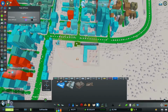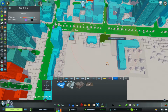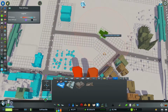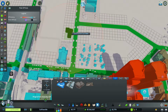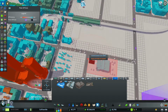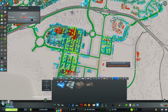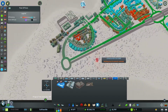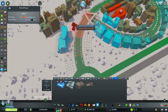And let's go and get a post office in here as well. We can, I think, pretty nicely. I mean, we could always put it in there, but don't need to do that. Let's put it, let's see, what's here? The church? Yeah. I'm trying to figure out where to put it where it's not too noisy. I think if we put it here, that would be good. Sort of out of the way of just a couple of things. So that should be useful. We could definitely use one up over here. So let's put it...